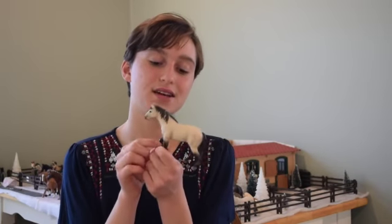Our neighbors actually had a horse named Buck when we first moved here. So that was a really long time ago though, and I'm pretty sure Buck has probably passed away because he was really old. But this horse here, this little model, is named Buck because he kind of looked like him. Buttermilk here is named after one of the horses on the very old Roy Rogers TV